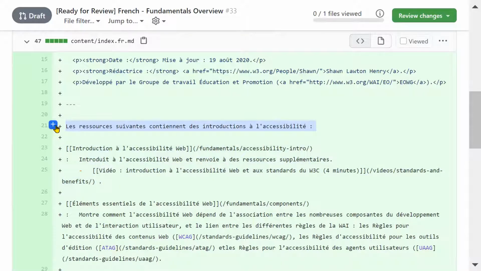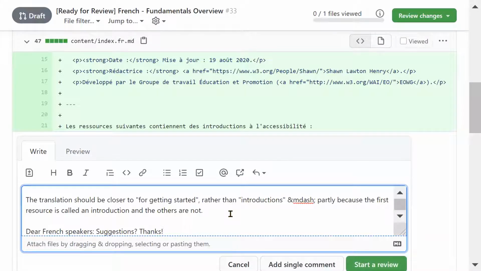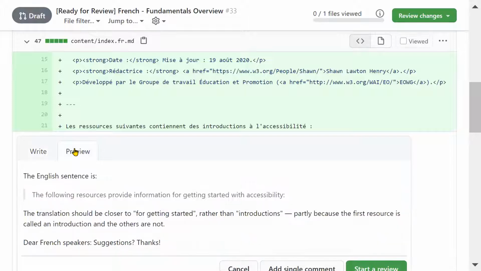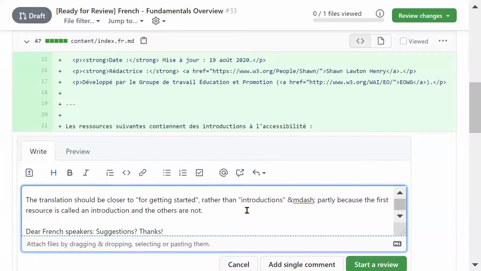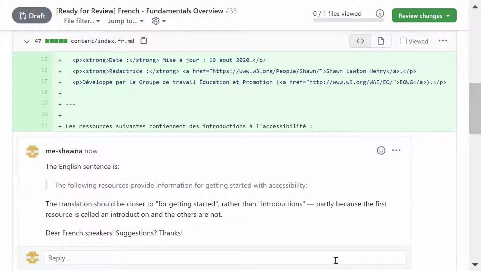So you select what you want to comment on, and then there's a little floaty plus icon that you click. It brings up a comment box, and you just write whatever you want to say. You can also preview it before you're done to see what it looks like, and there's some things for formatting that you can use as well. And then when you're done, you just select the Add single comment button. And your comment is now available for other people to see.